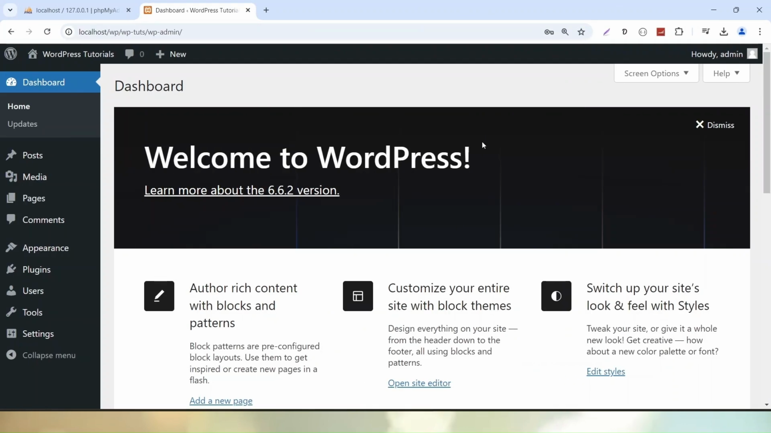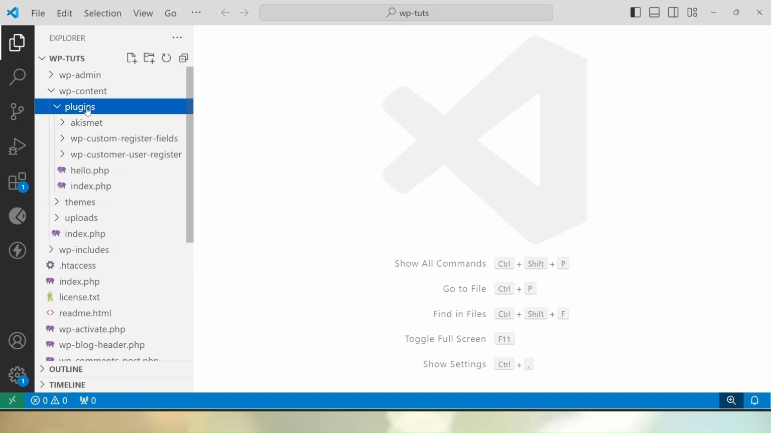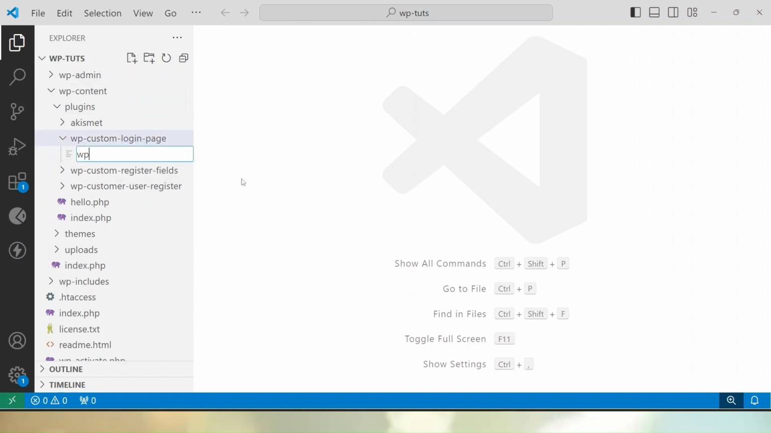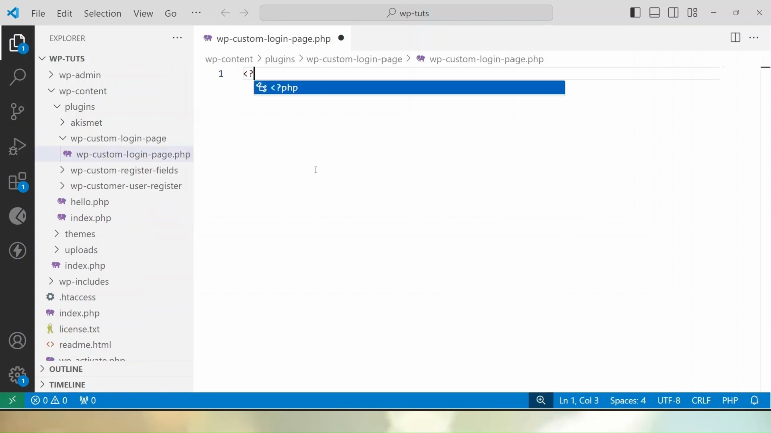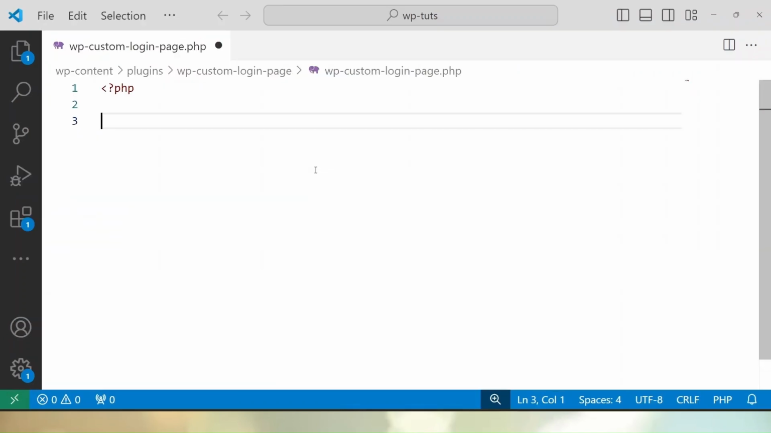Now here, first thing first, I will go to the WordPress setup. I will go into my VS Code. Let's go inside wp-content plugins, and inside this plugins folder let's create our folder called wp-custom-login-page, and inside this folder I'll create our main plugin file called wp-custom-login-page.php, and inside this let's quickly add some multi-line PHP comments so that our plugin will be introduced